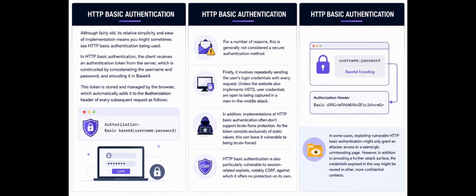In addition, implementations of HTTP Basic Authentication often don't support brute force protection, as the token consists exclusively of static values. This can leave it vulnerable to being brute forced. HTTP Basic Authentication is also particularly vulnerable to session-related exploits, notably CSRF, against which it offers no protection on its own. In some cases, exploiting vulnerable HTTP Basic Authentication might only grant an attacker access to a seemingly uninteresting page. However, in addition to providing a further attack surface, the credentials exposed in this way might be reused in other,